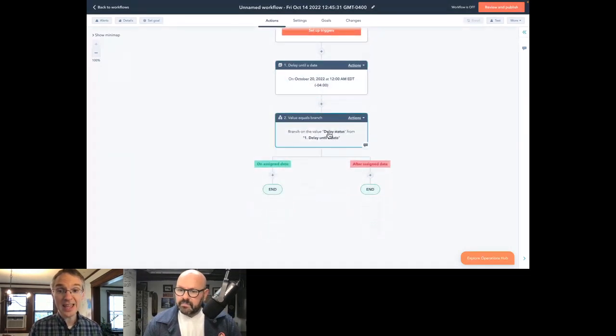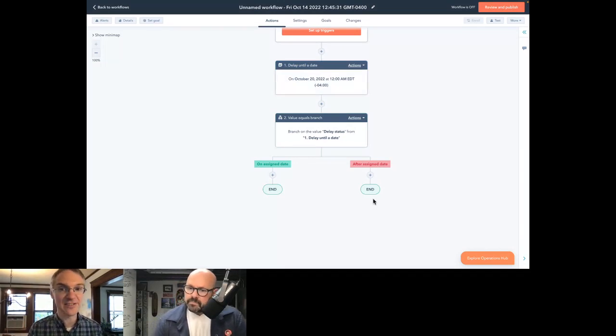And then this branch is looking at the outcome of this action, right? And if they were assigned on the date, here are the actions we're going to take, right? So if we are waiting until this date comes, but if someone gets enrolled in this workflow on, let's say, October 21st, what happens? Well, then they're going to come down this branch of the workflow, right? So now you can think about what it is you actually want to accomplish, what behavior you're trying to drive on this particular date, and how people might be coming here.